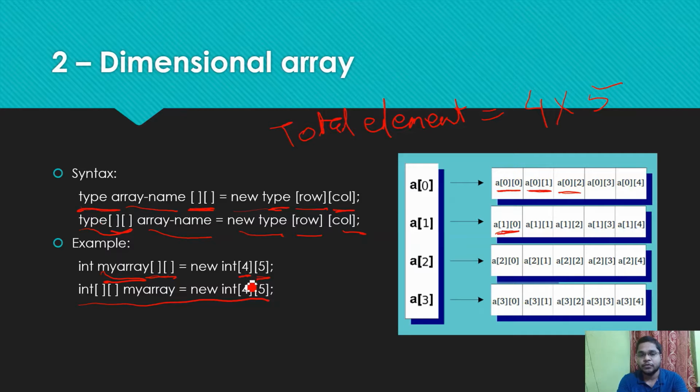The number of rows is 4 and the number of columns is 5. That means the total number of elements is 20. It means in my array we can store up to 20 elements. So this is the two-dimensional array.